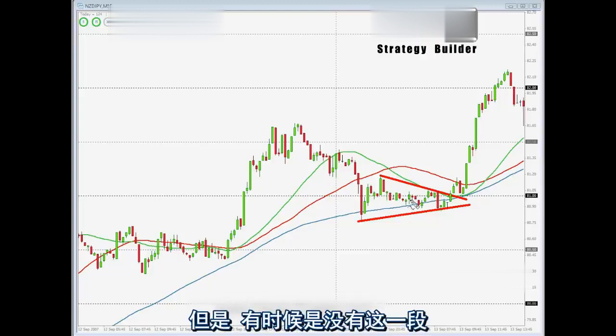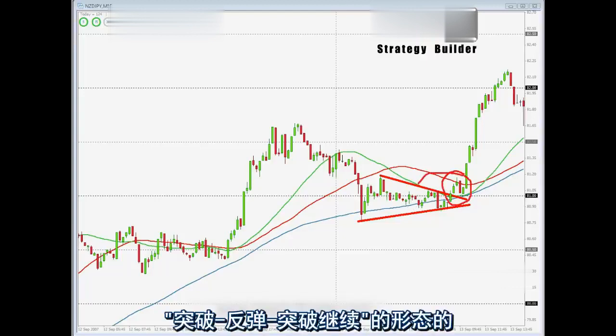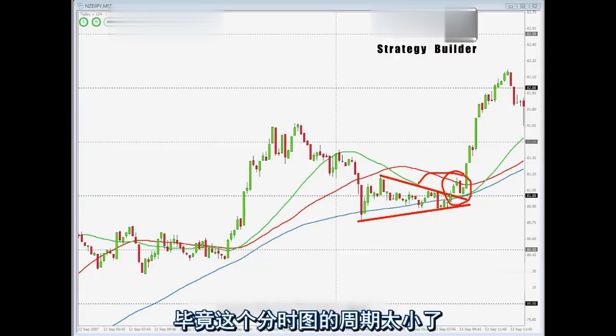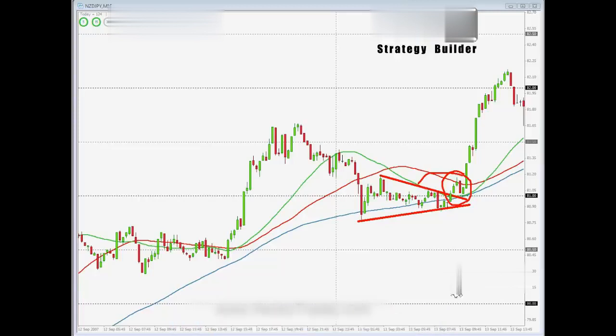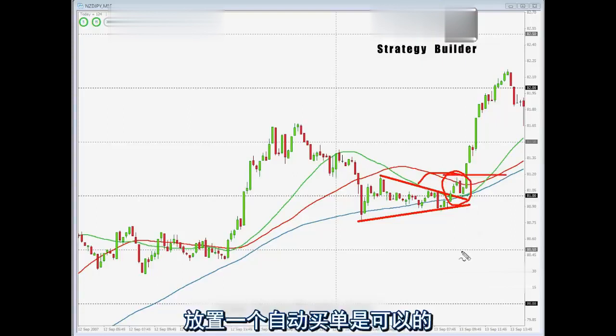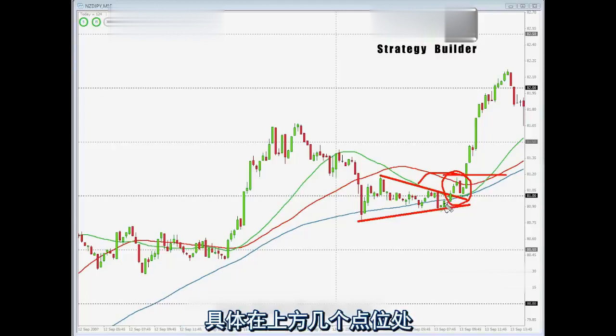It's a high probability trade, like I say, good to go for 80 pips. But nonetheless, sometimes, as I was saying before, you don't quite get the breakout pullback continuation. It's such a small time frame. Sometimes you just don't quite get it. So it's equally valid to simply place a buy stop order 10 pips, 5 pips, 15 pips, once again depending on